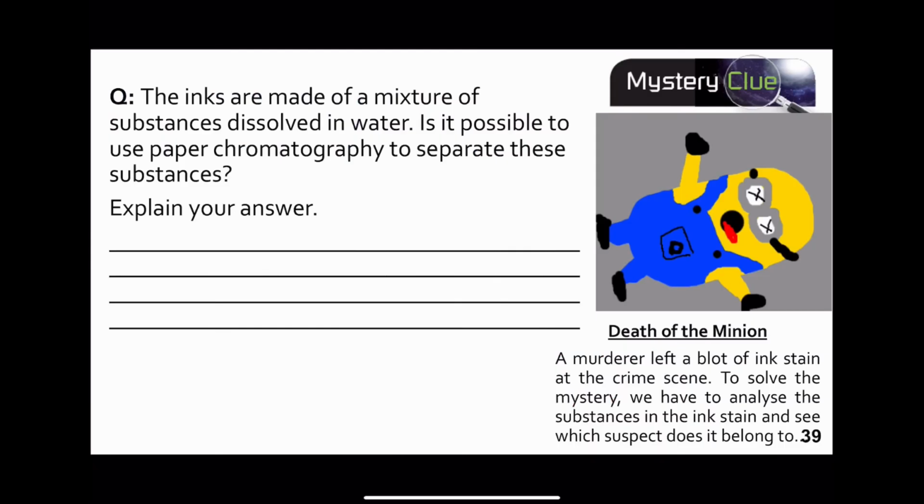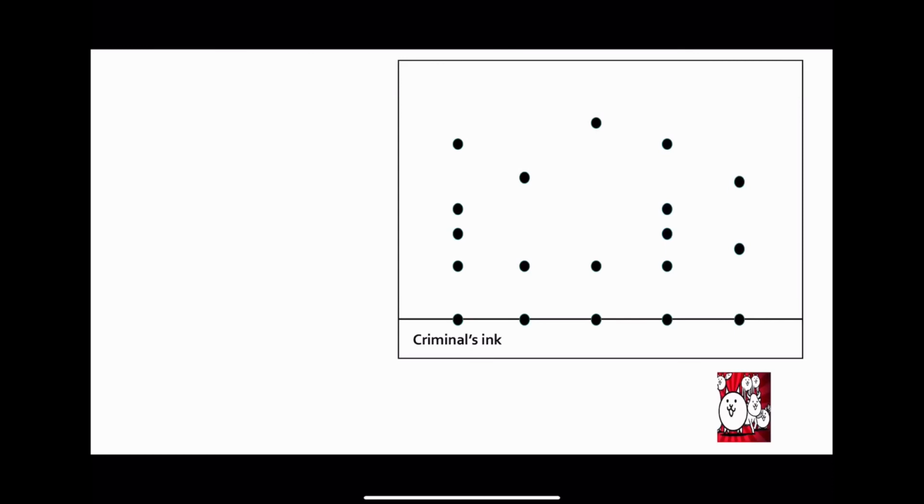And now, ending with the last method, the question comes back again. Can we use paper chromatography to separate the different substances within the ink that's left behind by the murderer? If so, why? If not, why not? Alright, once you are done with the thinking questions, what I have for you now is the results of all our analysis. I'm pretty sure that you have found that the method to use is paper chromatography